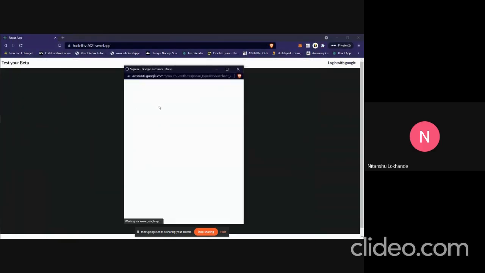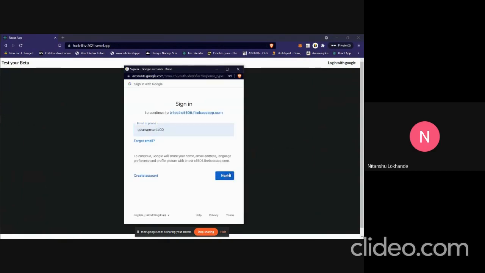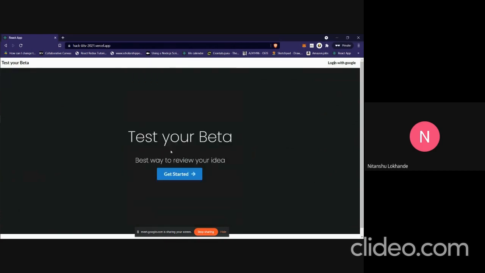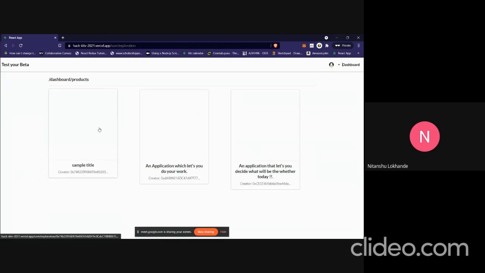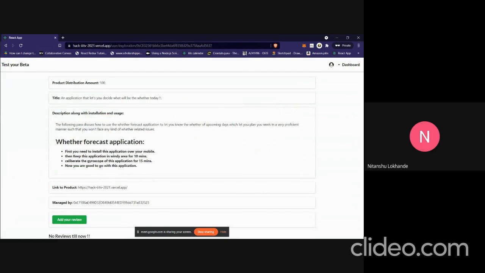Now let's create a fresh login first. I'm just using a random Gmail ID for a fresh login. Let's first review this particular product. Here is a post about a forecast application whose link can be found here, and the manager is here.